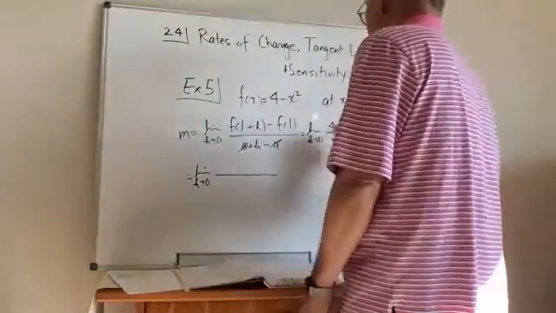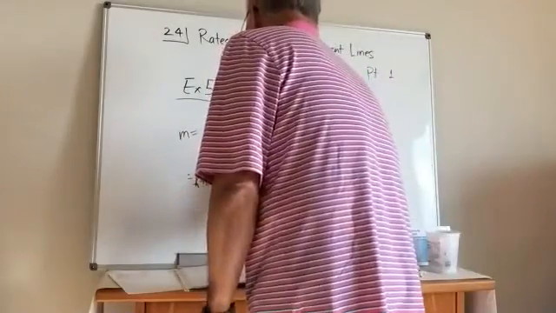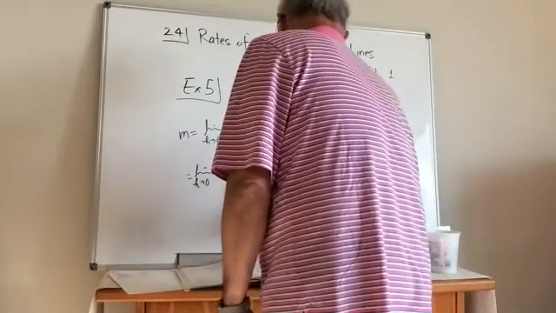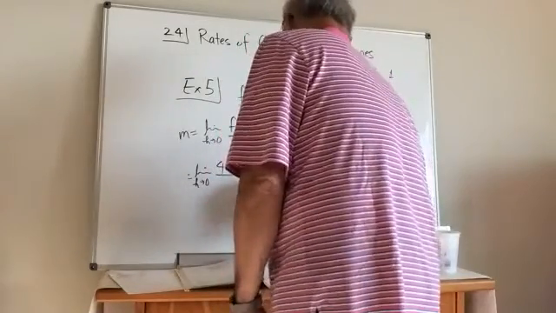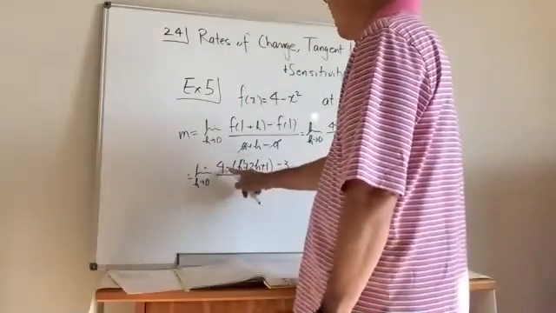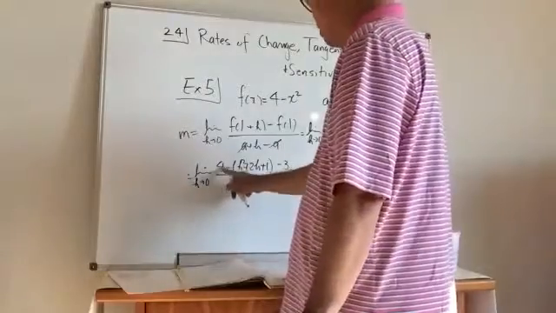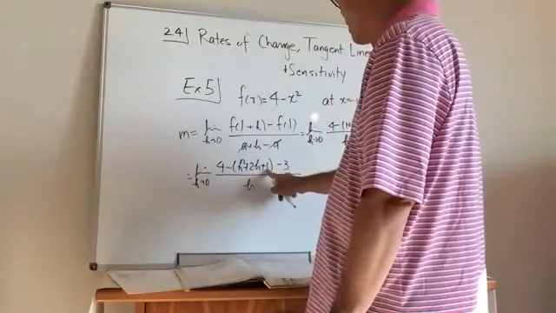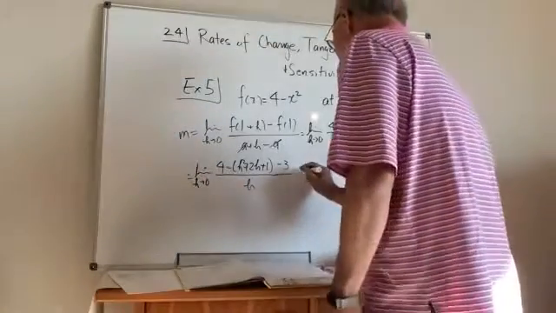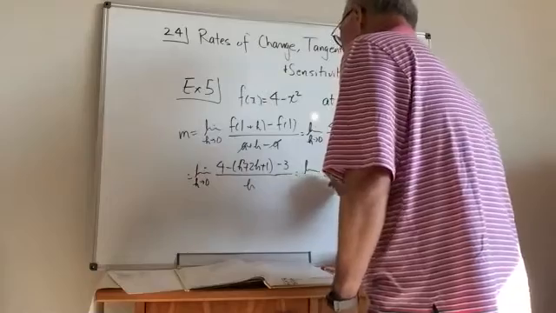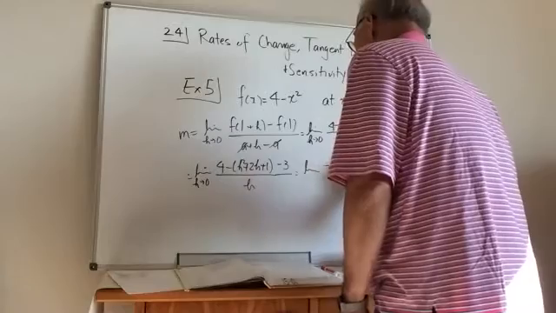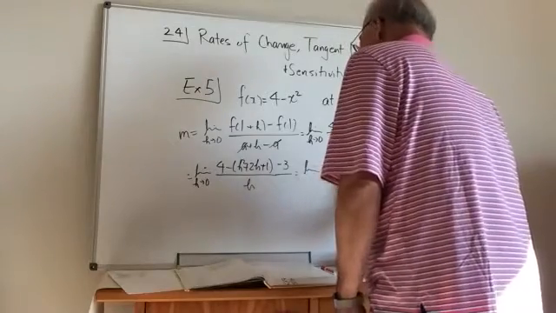If I expand the top out, I get 4 minus (h squared plus 2h plus 1) minus 3, over h. Okay, so notice if I look at just the constants, I get 4 minus 1, which is 3, minus 3. So the constants cancel out. Limit, what's left over? I get minus h squared minus 2h over h,